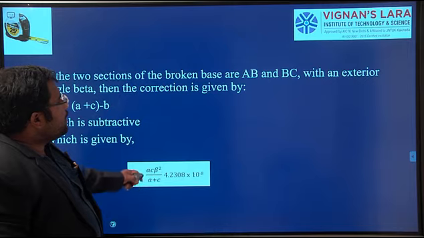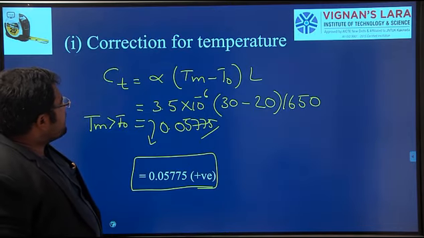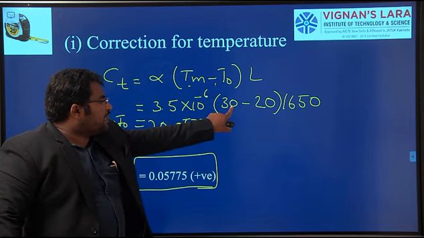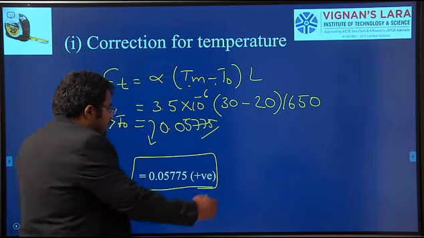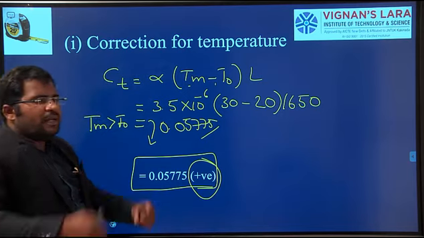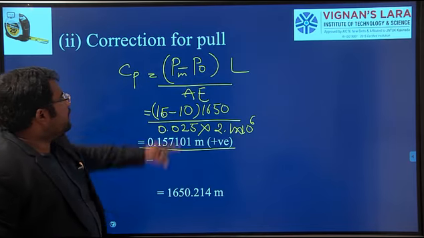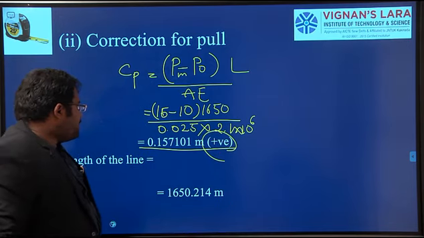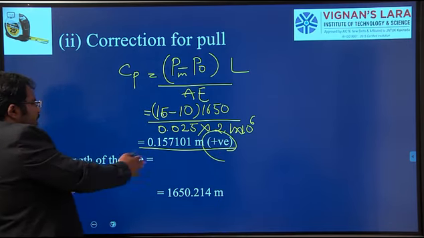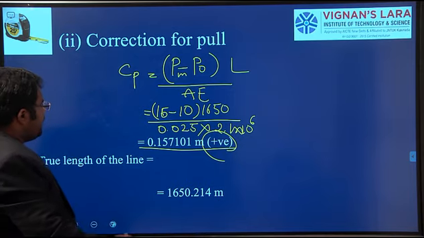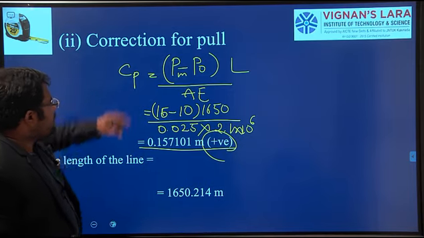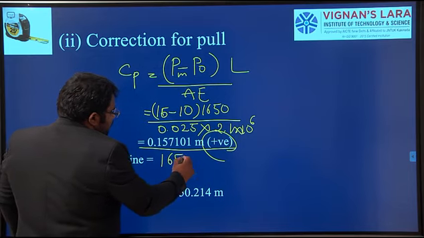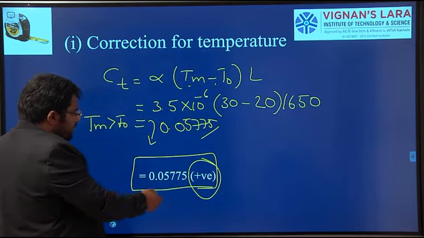That's why in the problem, in the first case for the temperature, since Tm is greater than T naught, 30 is greater than 20, the correction is positive, we have to add. Then correction for pull, here Pm is greater than P naught, that's why it is also positive. So finally for the true length of the line, you have to add all these values to the original value. What is the original value? 1650 plus